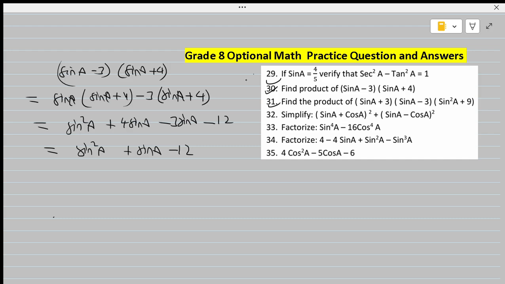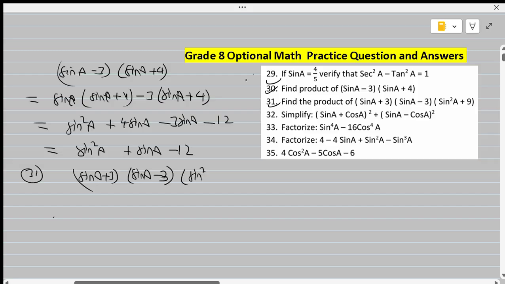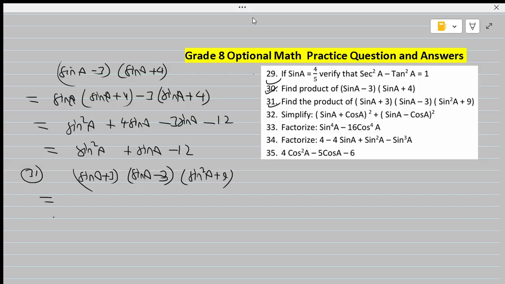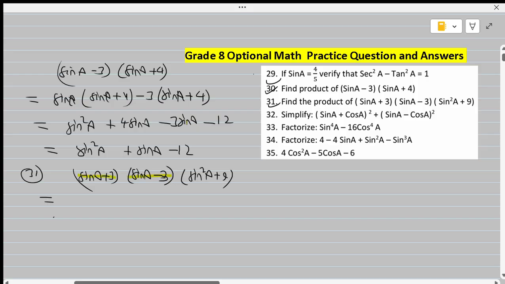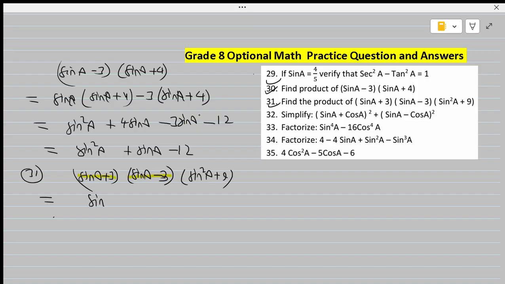And now we go with number 31. There we are asked to find the product of sin A plus 3, sin A minus 3, and sin square A plus 9, is it? So number 31, so sin A plus 3 into sin A minus 3, then there is sin square A plus 9, is it? So these first two terms are taking the form A plus B into A minus B, so they will form A square minus B square, is it? And the sin square A plus 9 we keep just the same, and sin square A minus 3 square is 9,